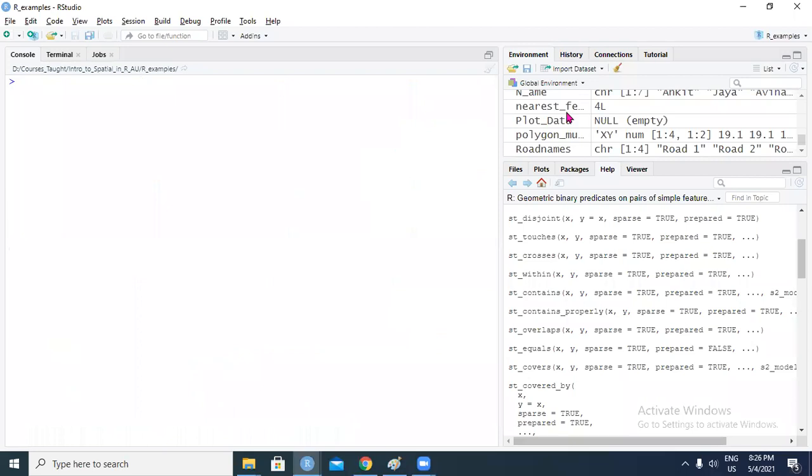Now what we have is road 1, 2, 3, 4 as lists, and we have the road names as a simple vector. Okay, so it's an atomic vector.